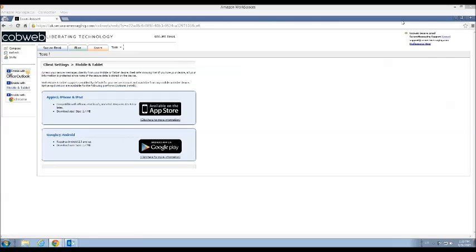Now, one last question we have is in regards to the usability of the solution. Is it an easy-to-use product? Is this something that you can get set up and running in a couple of minutes? Does it require complex installation and whatnot? And the answer is it's a very simple product. We use it internally here at Cobweb. We often deploy it to partners as well to use internally.